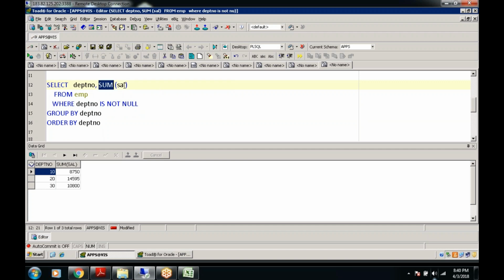So sum is a multiple row group function, and I want to see the sum of salary department wise.